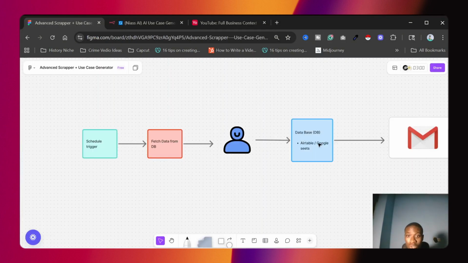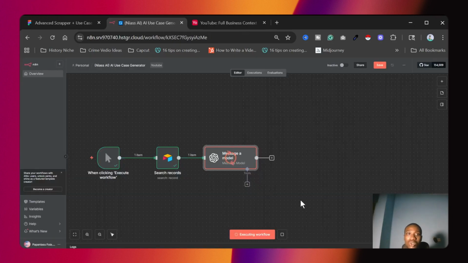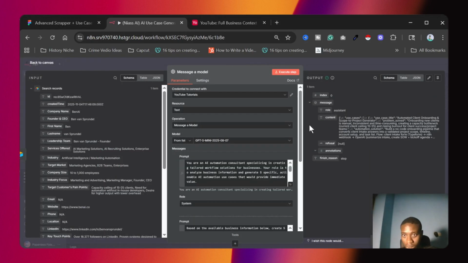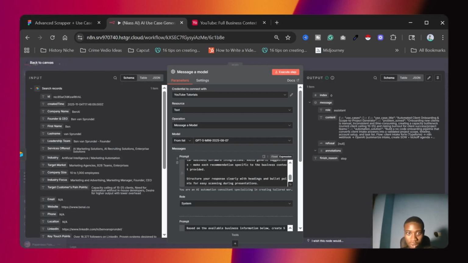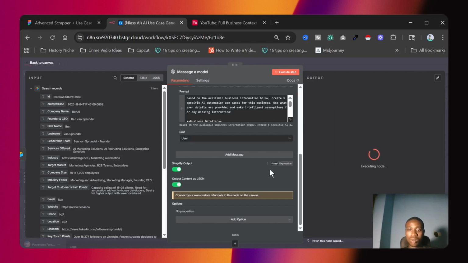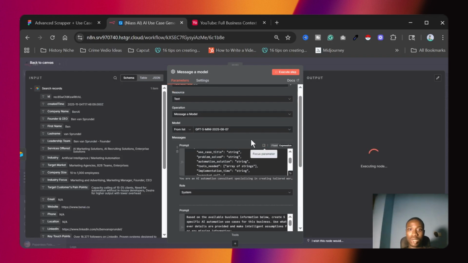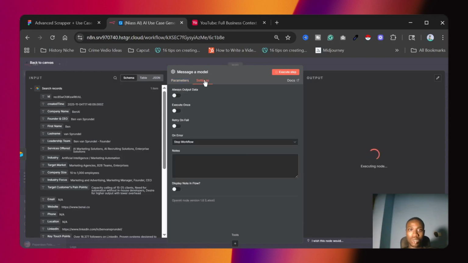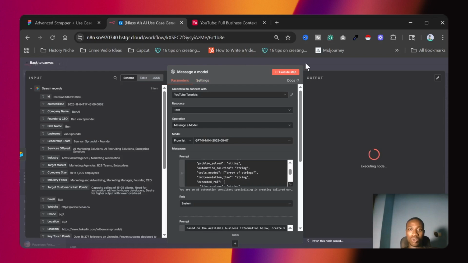The next thing we are going to do is save it into a database, maybe a table in Google Sheets. But let's hold on until this finishes running. All right, let's have a look at it. Okay, I forgot to toggle this on: output content as JSON. So execute step again. These are different nodes, and when using them there are node-specific rules for a particular node. So that's how this works.